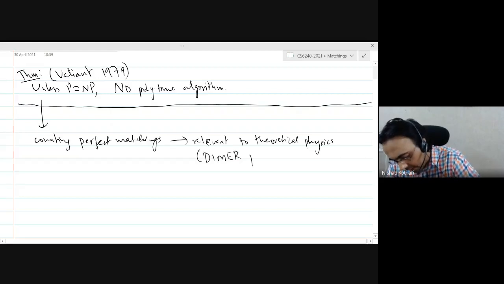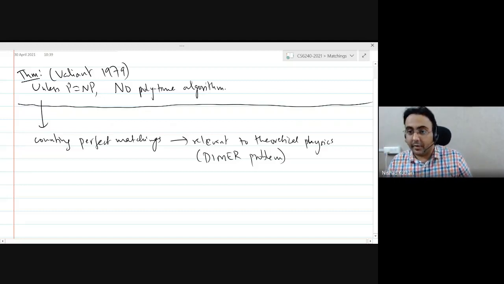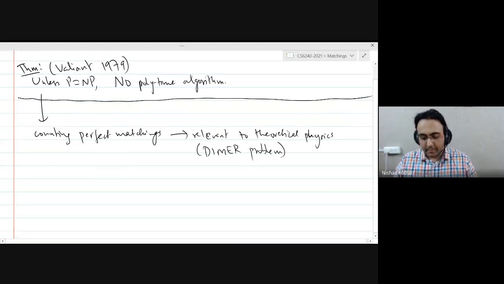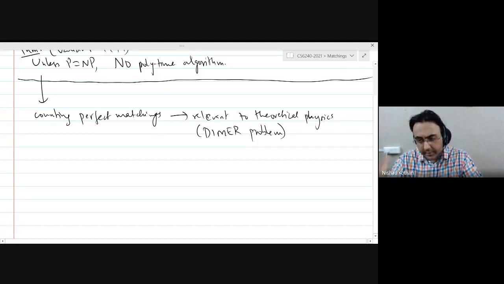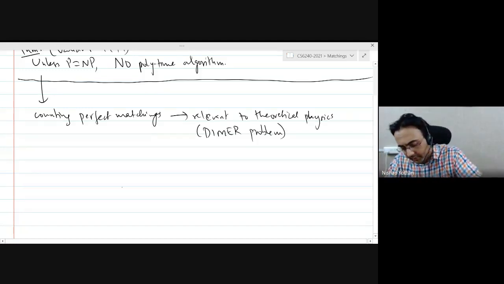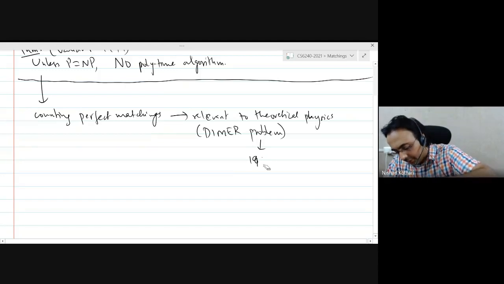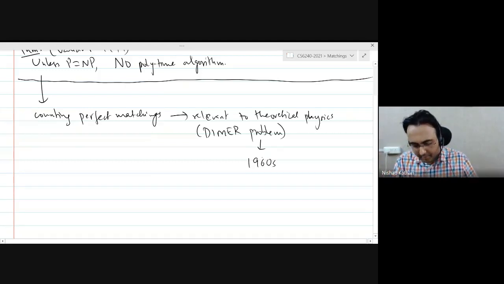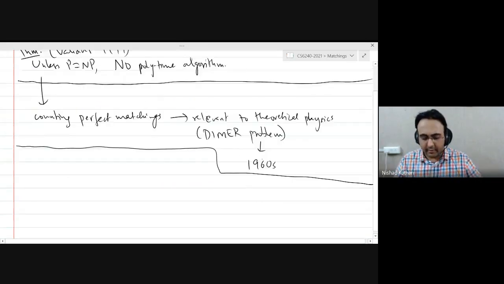So you can read about the dimer problem. It's basically counting perfect matchings in a different language. Physicists in the 1960s were already interested in counting the number of perfect matchings in a graph. It corresponded to the number of molecular arrangements in something. I'm not a physicist, so I don't know much. Okay, so in the 1960s, they were already interested in this problem,